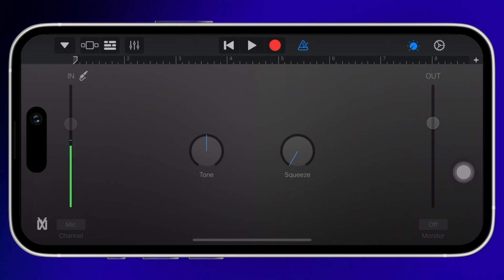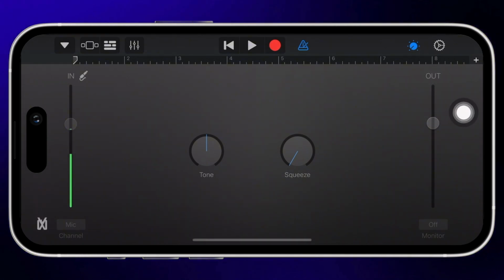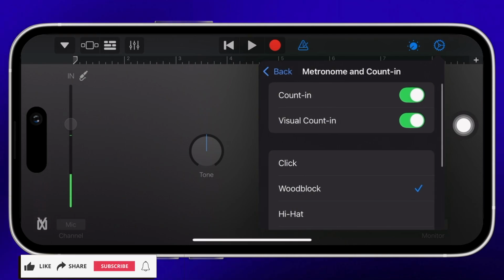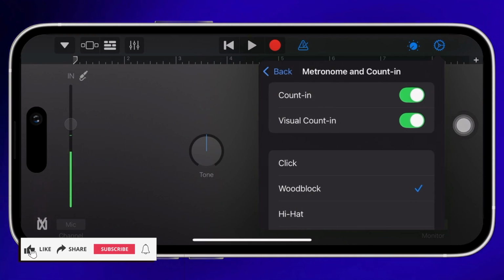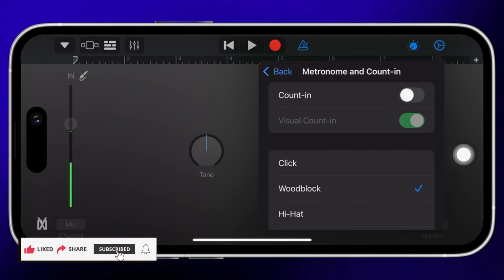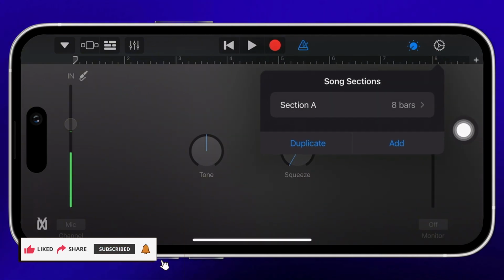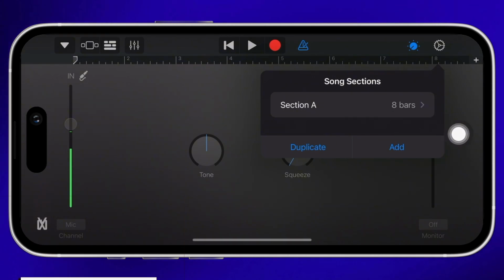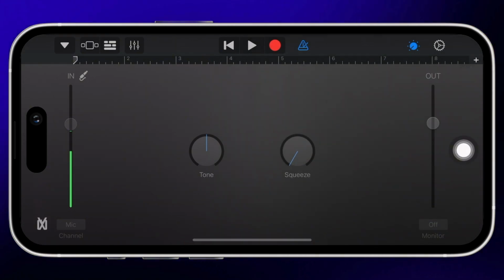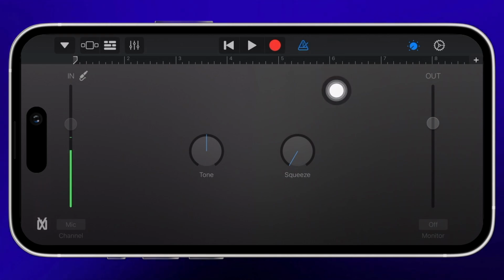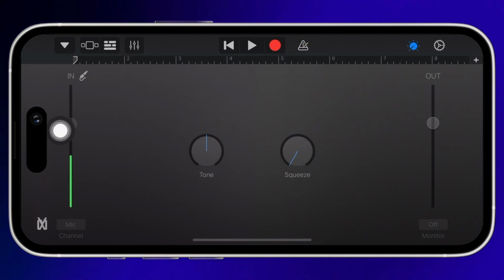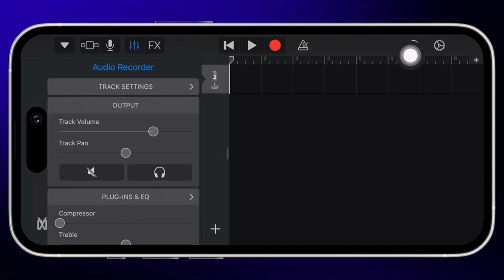and now in the interface that you will be led to, tap on the settings option on the top right of your screen and further toggle off the toggle button for count in and visual count in. Once done, tap on the loop icon you see there and then go ahead and select the automatic option. Further, go ahead and toggle off the blue button you see there, and now tap on the brick-like image you see there on the top left of your screen and then tap on the loop icon there and